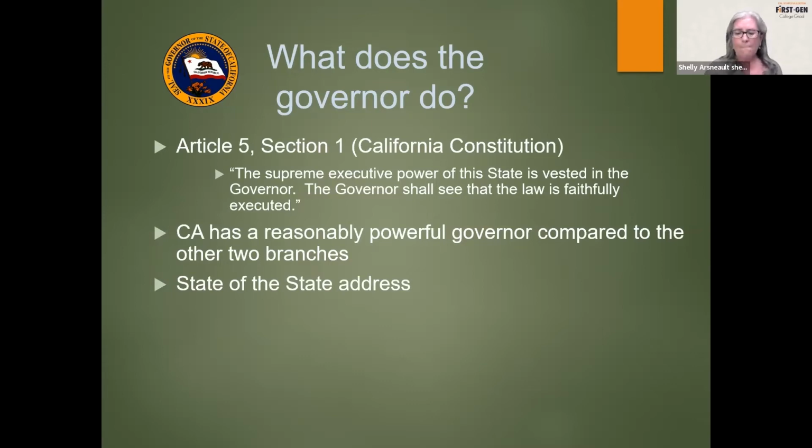One of the things that he does that is very important is the annual State of the State address. It's important for a variety of reasons. It's to get him out there and talk about what's gone on in the state year to year. But it's also where the governor sets his agenda. The governor cannot make policy, so all he can really do is use the power of persuasion, right? And so he can set the agenda in that way, suggesting to legislators policies that he'd like to see passed, and the direction he'd like to see the state go in.